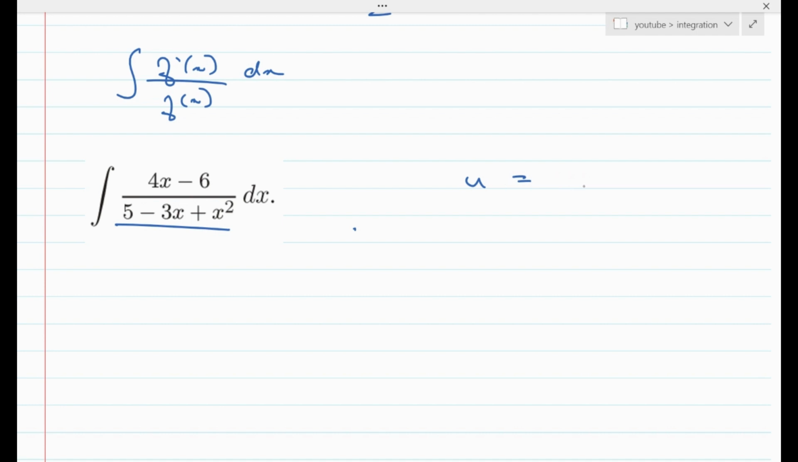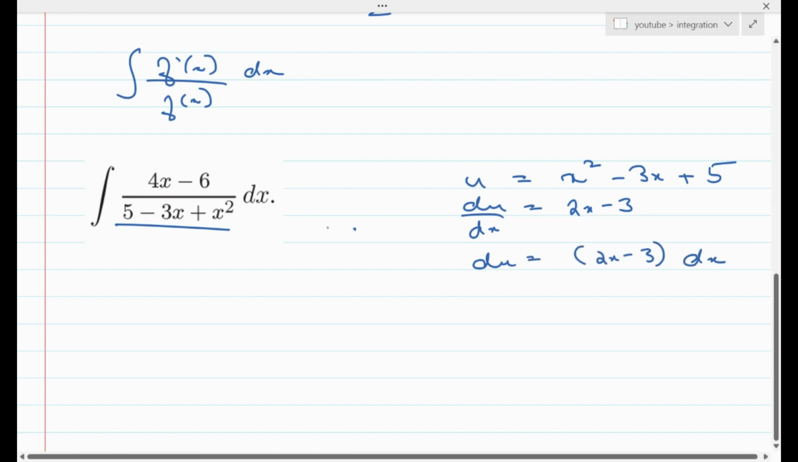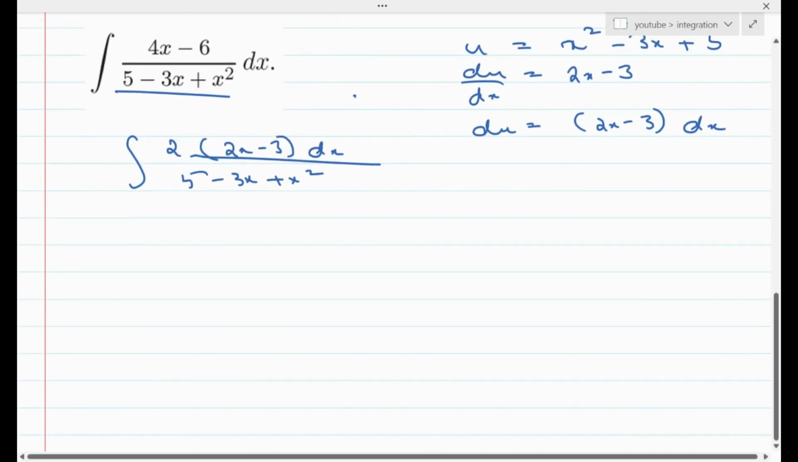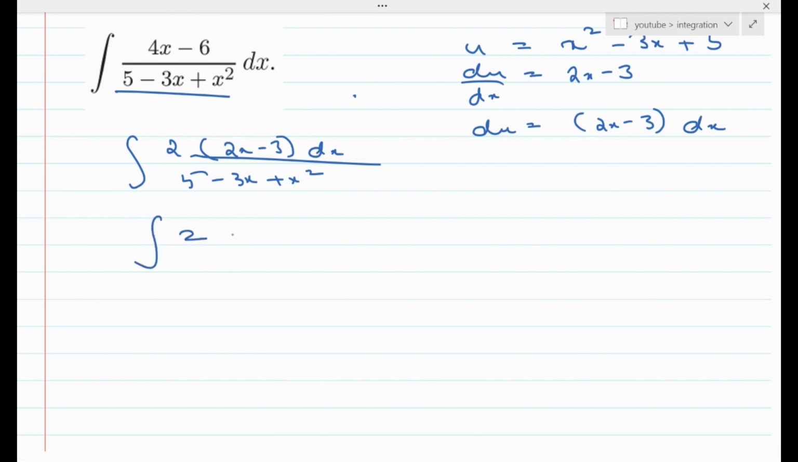So, I'm going to take the denominator as my u, which is x square minus 3x plus 5. Then du by dx would just be 2x minus 3. So du would be just 2x minus 3 dx. And in this case, we can rewrite this as 2 into 2x minus 3 dx divided by 5 minus 3x plus x square. Now, all we need to do is plug the values of u and du in. So we would get integral of 2 du divided by